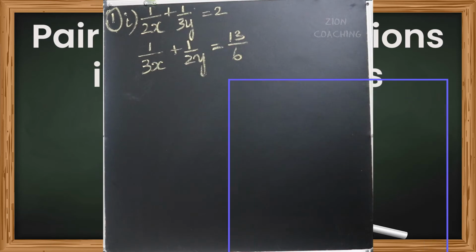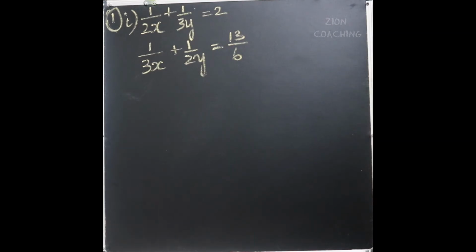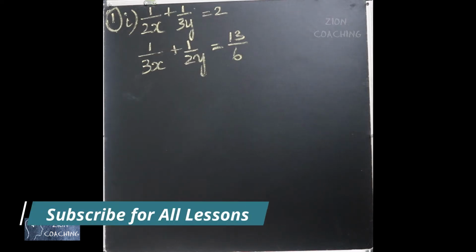Exercise 3.6 question number 1. Solve the following pair of equations by reducing them to a pair of linear equations. We can see a pair of linear equations given here. We are going to reduce them to the general form and then solve them. Now we are going to write the given equations as,